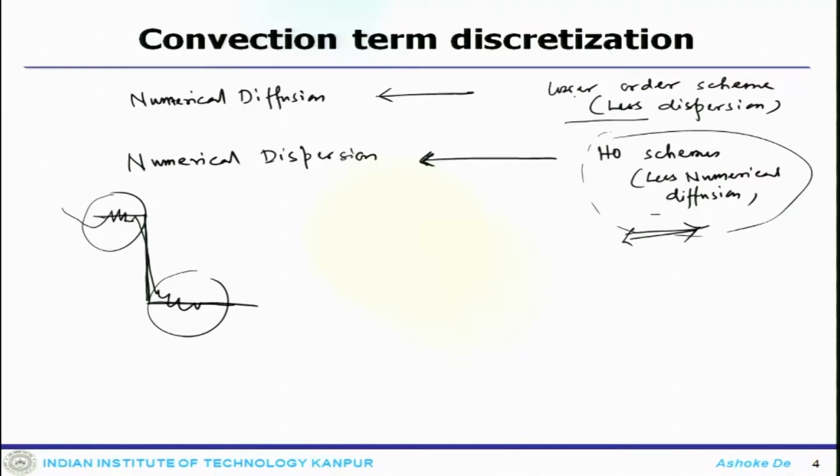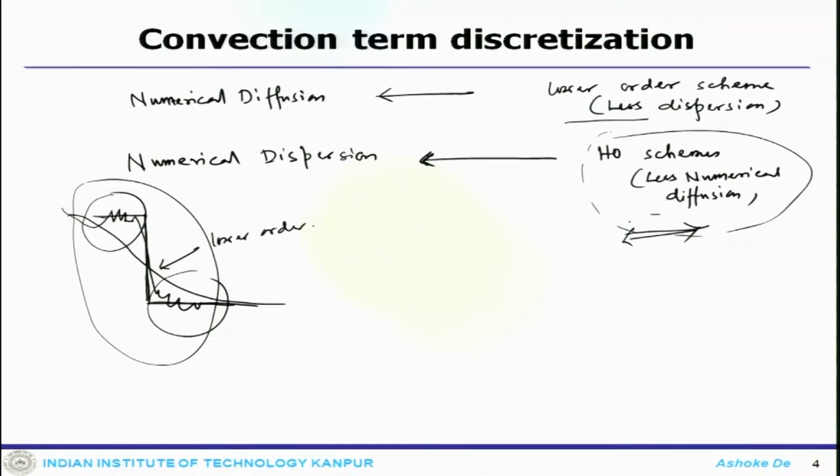So, when you use a lower order scheme, it might not give you this kind of oscillations or wriggles along the sharp gradient, but the solution will smear out. This will happen with the lower order scheme. Because of the diffusion, things become much smoother, and then it goes away from capturing this particular gradient. So, these are the problems.